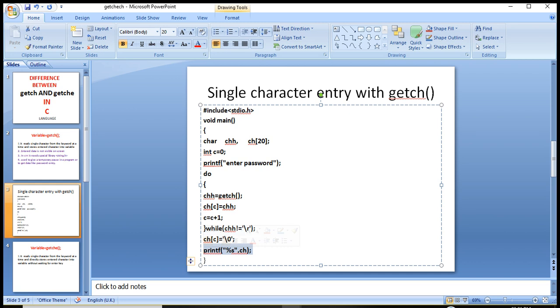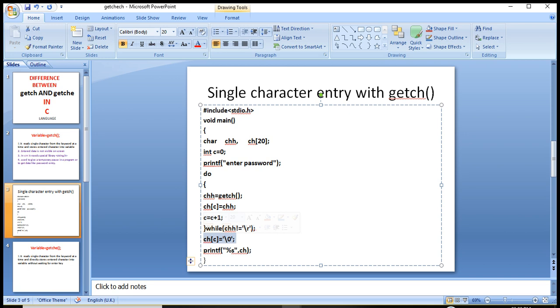But while getting entry, it will not print because the getch function reads a single character and does not allow the character to be printed on the screen. Every character will be stored into the ch array. And at the end of the array, a special sign \0 is kept.